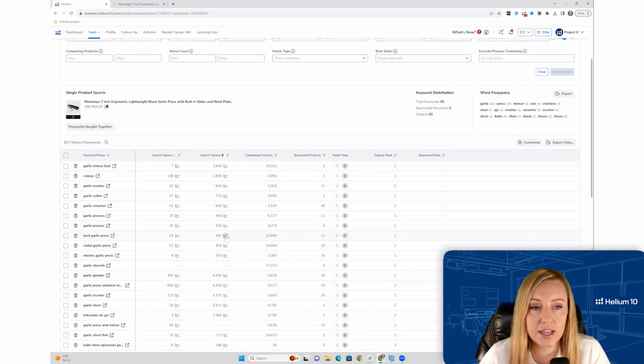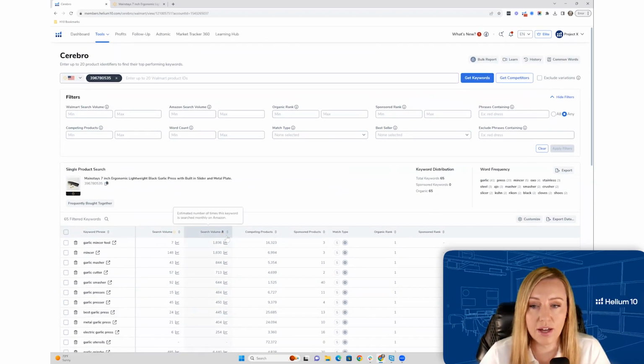Now, I know a lot of people think it's really low search volume for a lot of these keywords, but there's a lot of different ways that Walmart actually sends traffic to your listing. They will show your products in Google Shopping. So you'll see them there, even if you're not advertising, and you'll see them in Bing Shopping. So they are trying to drive some external traffic there.